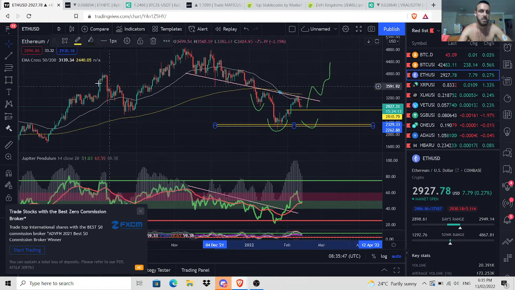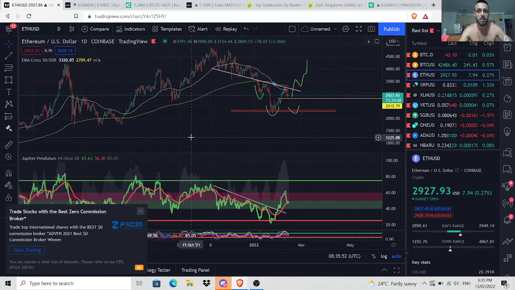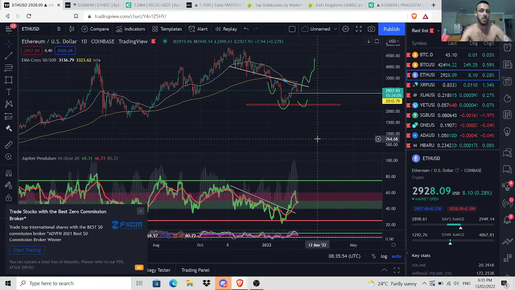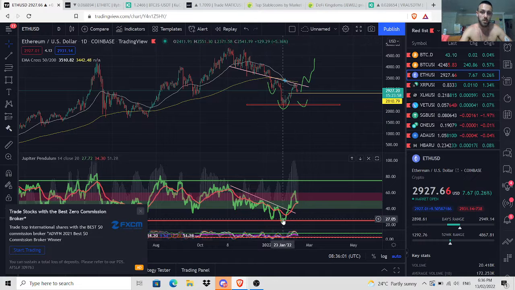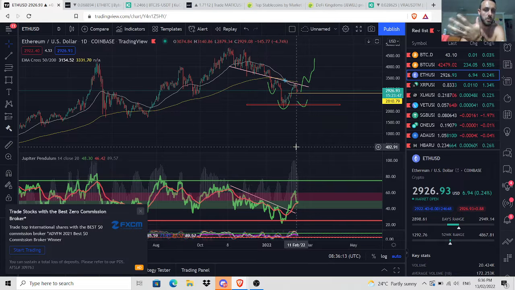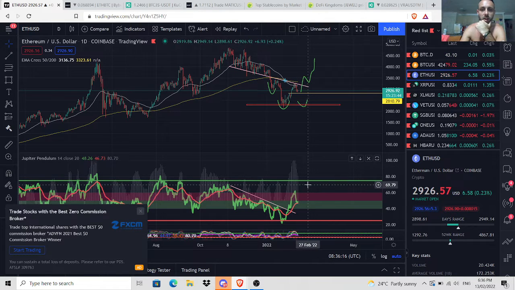But if we break this zone and turn it red, then unfortunately it's bear market continuation, and we'll have to look out for the next opportunity, because we did tag red, which means we are looking for shorts. And when we pull back to the red zone, the short zone, that's the other side of the pendulum. With Bitcoin, I showed you the bullish side, but with Ethereum, we're still going to anticipate some kind of bearishness, unless we're going to break out, form a higher high, in which case we'll see it. Okay, so there's the two situations with Ethereum.